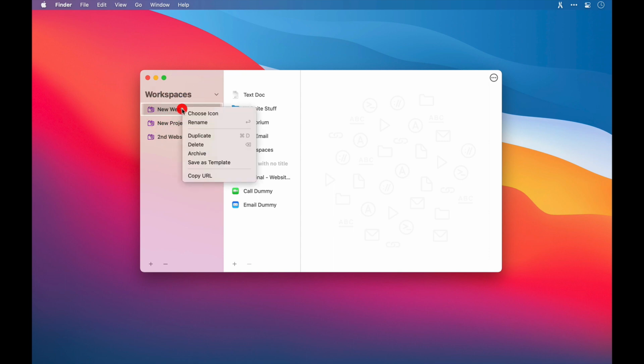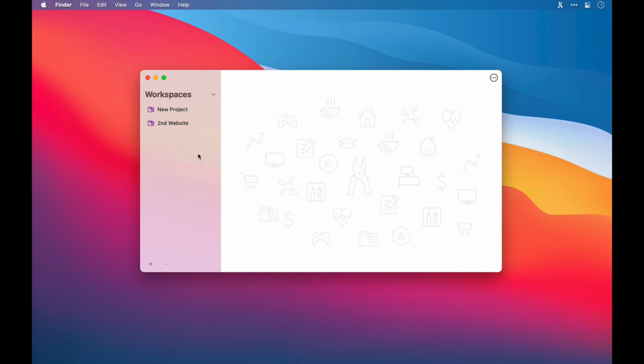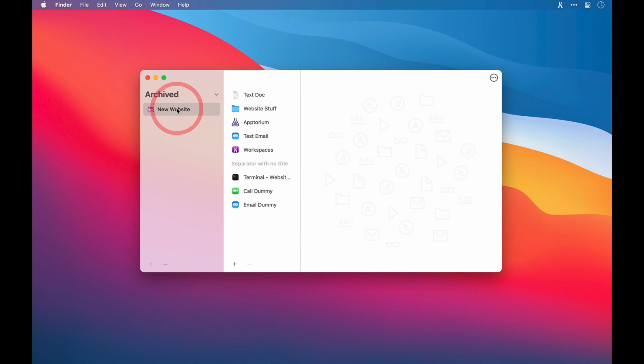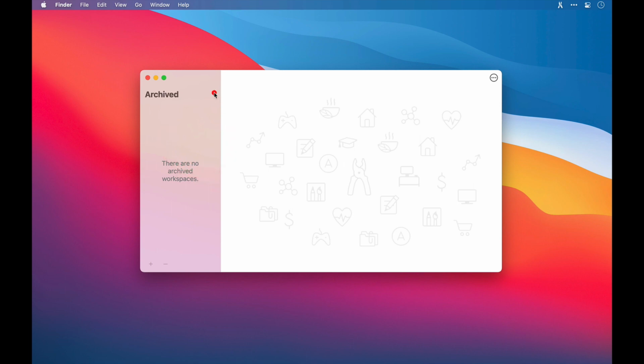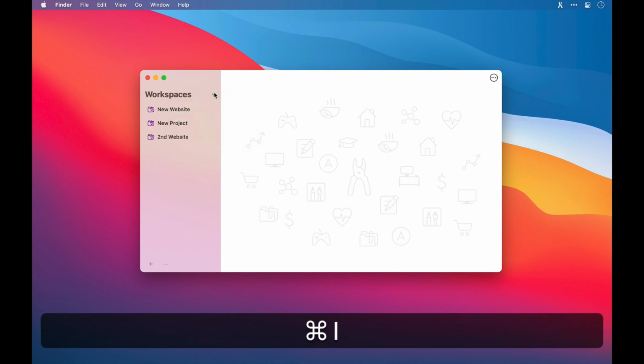Right, going back into our workspace options now, we can delete the workspace permanently, or if we don't need to see it here anymore, but we may need to refer to it in the future, we can archive it, which essentially just hides the space. And then to see it again, I'll click on the drop down arrow next to workspaces. And from here, we can either see our active workspaces, our archived ones, or our templates. So I'll select archived. And here is our archived space. We can put it back here by right clicking and selecting Make Active.